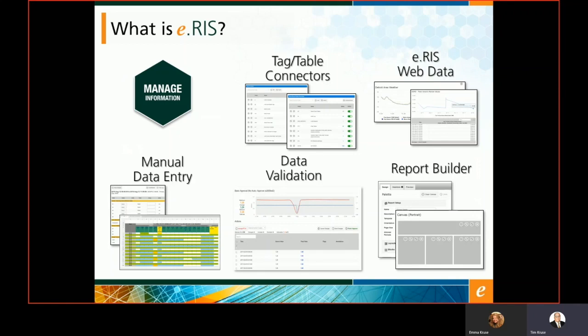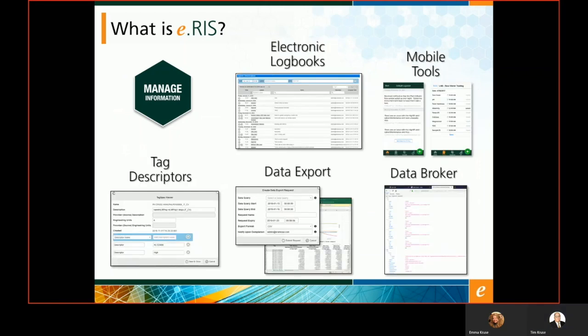typically used for regulatory applications. We also have a really easy to use report builder. And then I mentioned earlier, but we have lots of tools that help you put data into a database using manual data entry forms and sheets. We also have an electronic logbook that I will show you during the demonstration how easy it is to use. That logbook and some of the other tools like the manual data entry can be accessed using specifically designed mobile